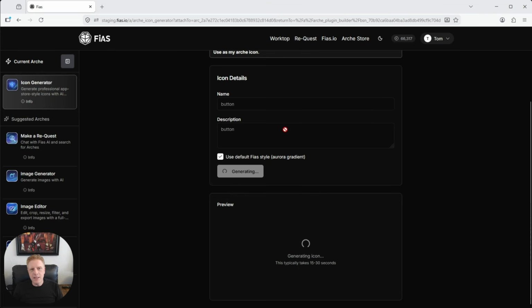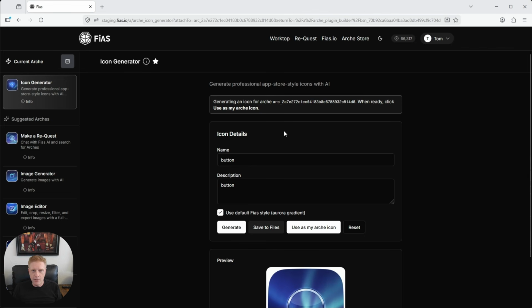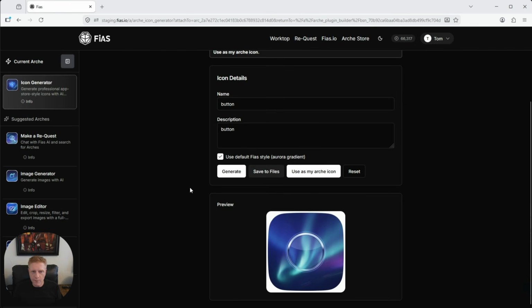And one thing that's neat about this is it goes through and figures it out. We did all the work to figure out exactly what settings you need with what model to get nice icons created. And this is true in general of what I think is powerful about Fias: somebody can go through all the work of figuring things out, and then create that arch, and then a regular user comes and says, I need some type of capability, and they just get that capability through what somebody else built.